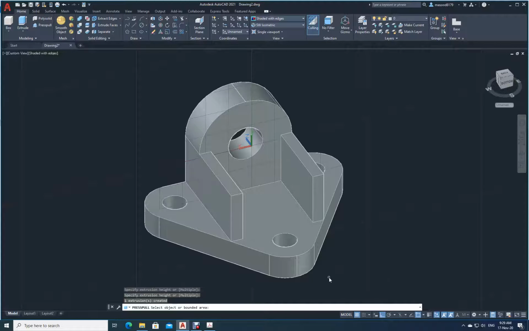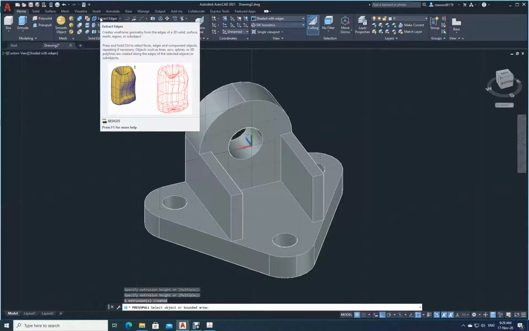So now what is the next thing remaining for me? Next thing remaining for me is to cut this rib. Is this clear? Understand? So how do I do that? I will just extract edges. First of all, I need to take my calculator and make the calculation, or what I can do is I can extract edges.